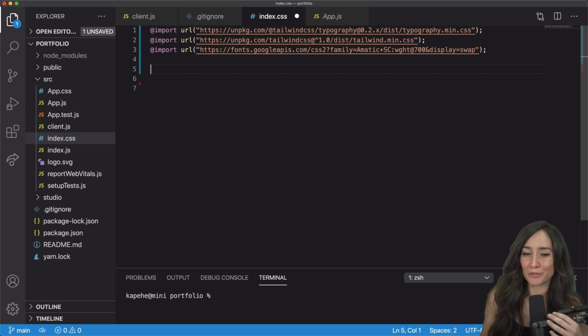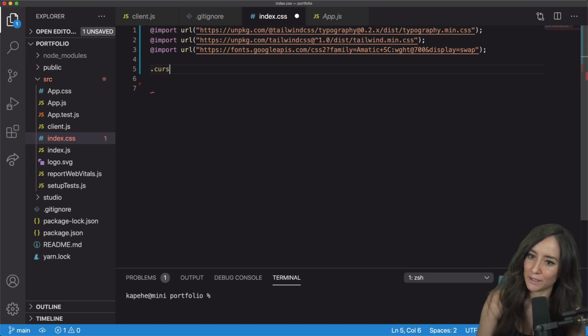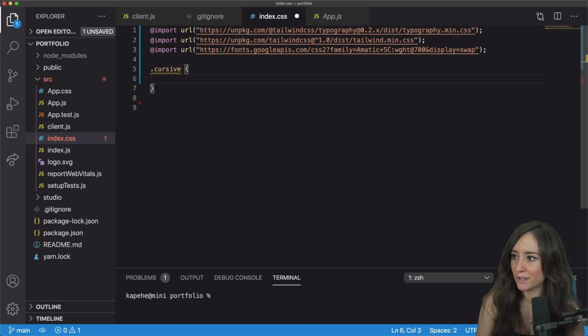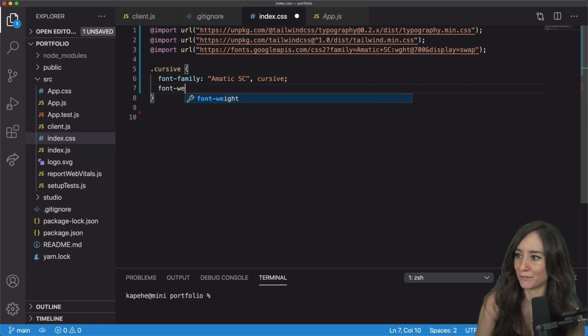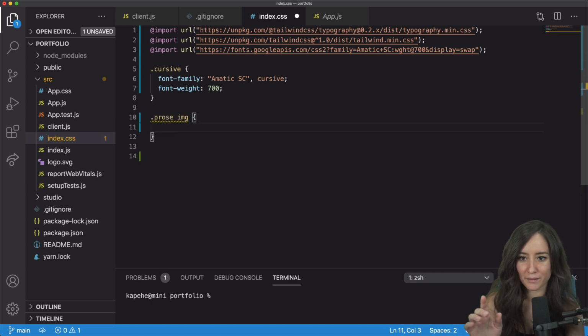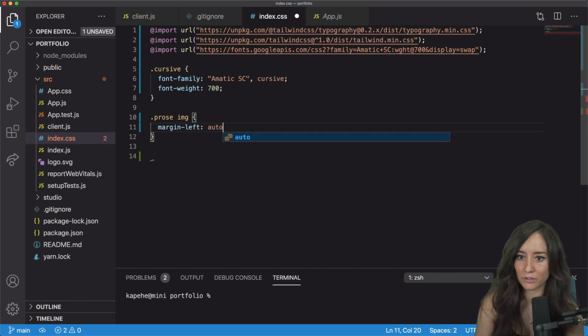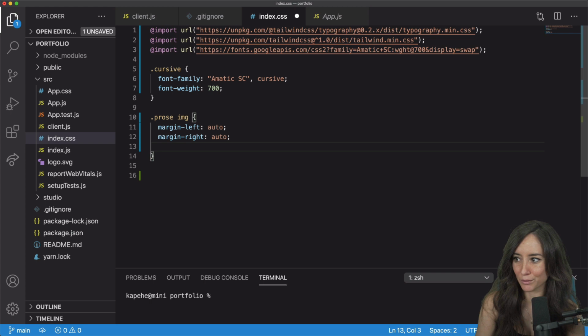Okay, so there's a couple different custom CSS things that we need, and I'm just going to add those in right now because I know we need them. The first one I'm going to call cursive, and the font family is going to be that Emotic SC, and then it will go to cursive if that's not available, and then weight 700. And then under here, we're going to use that prose class, but we're going to dive into the image of it. And we're going to do margin left auto, margin right auto, and then border radius